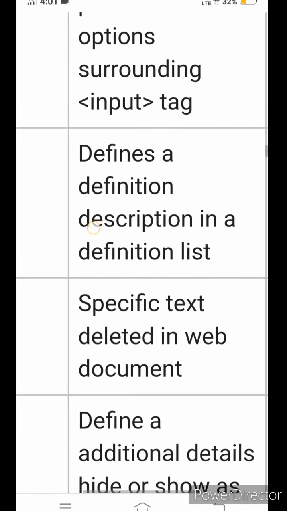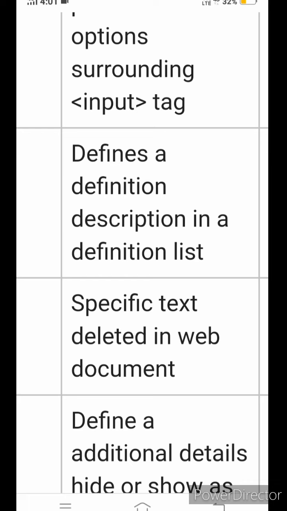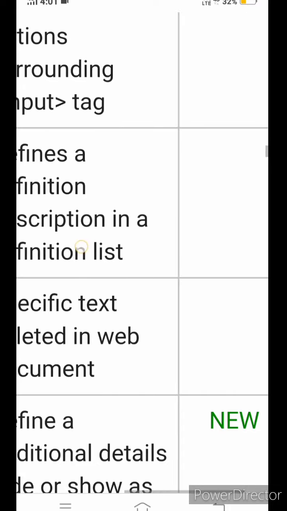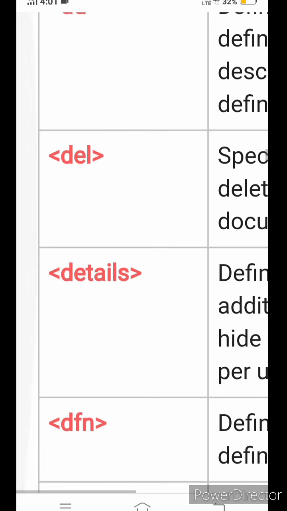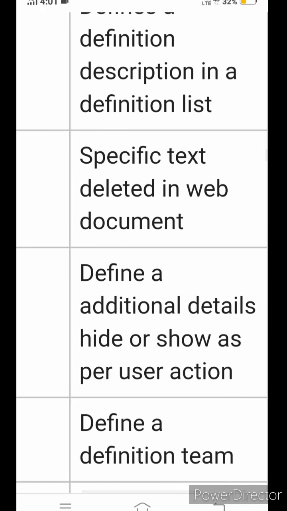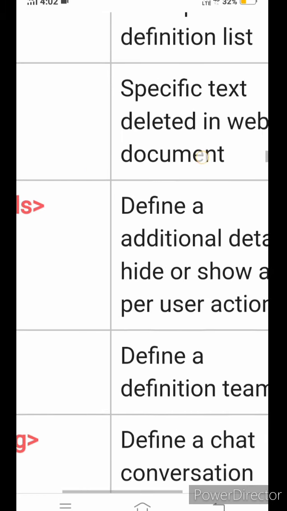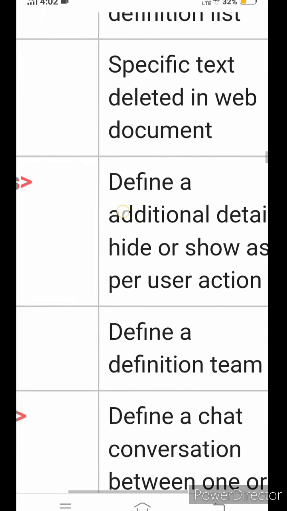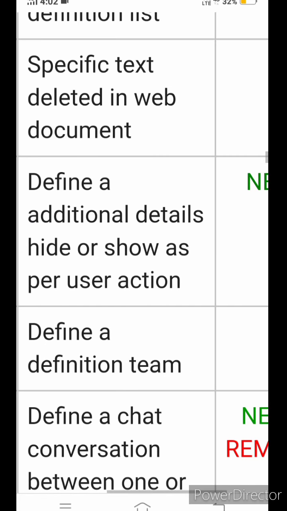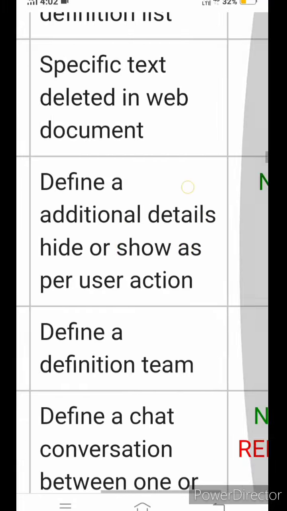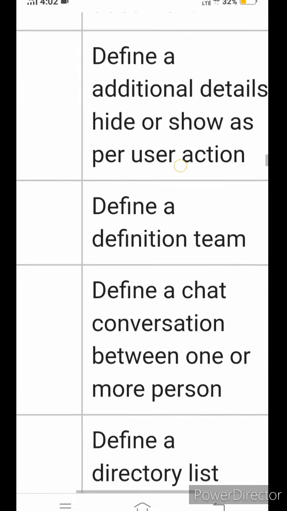DD defines a definition description in a definition list. This is in both. Del specifies text deleted in a web document. Details defines additional details that are hidden or shown as per user action. This is new in HTML5 version.